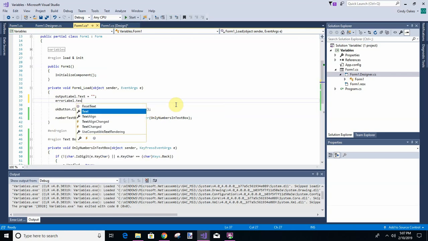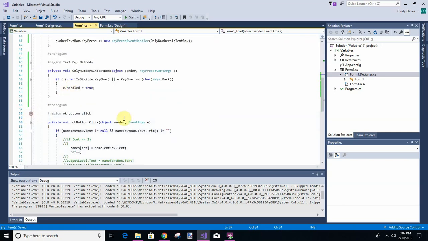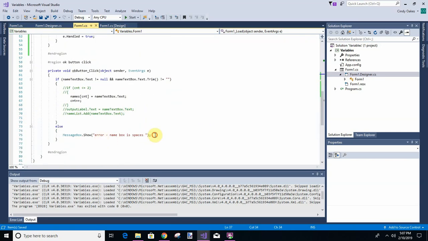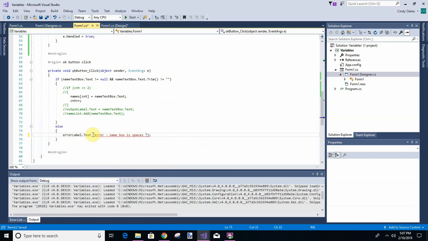The text property, I mean. Okay, and instead of having a message box show up, we're going to say the error label text